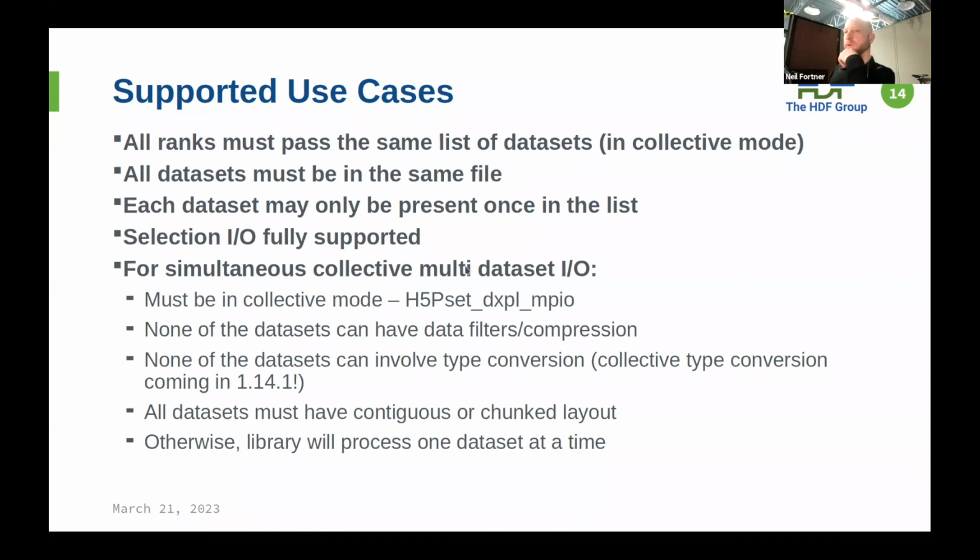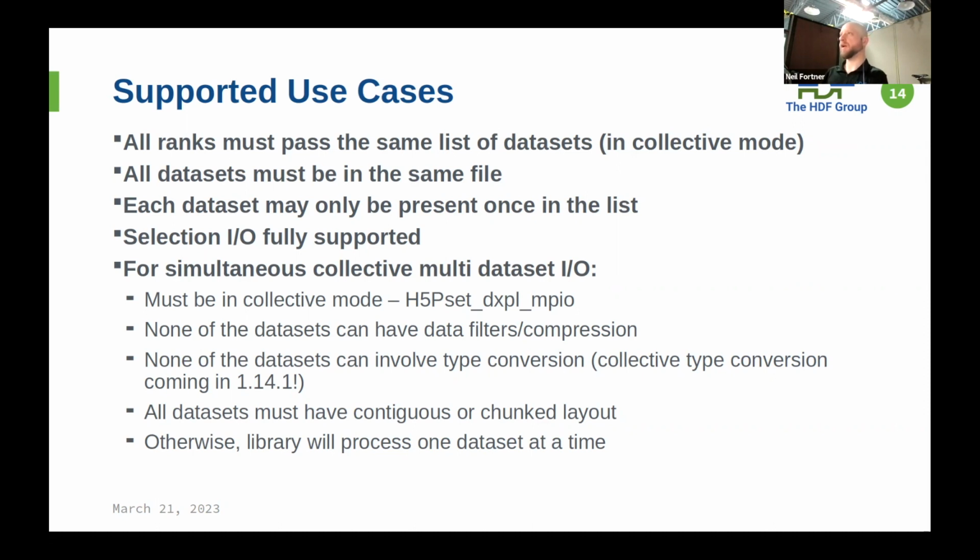So now I'm going to talk about where this is supported. For the write and read multi, all ranks need to pass the same list of data sets. I actually tried to implement it without that, but it ended up being difficult, and it would have required more coordination between processes, and we figured it was best just to require the same list of data